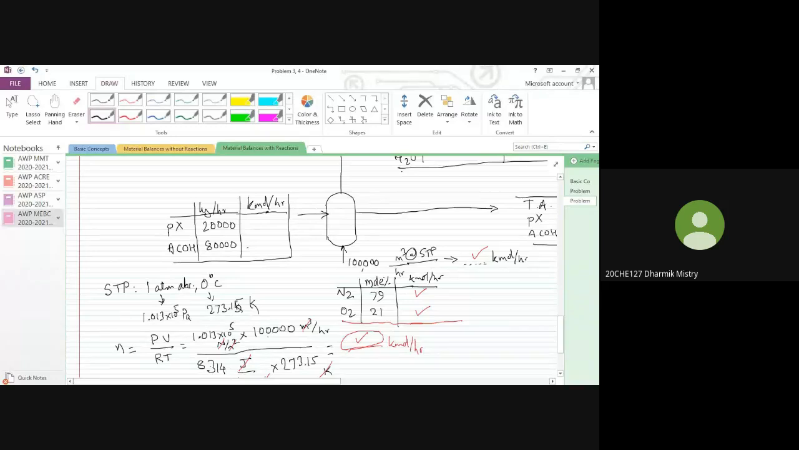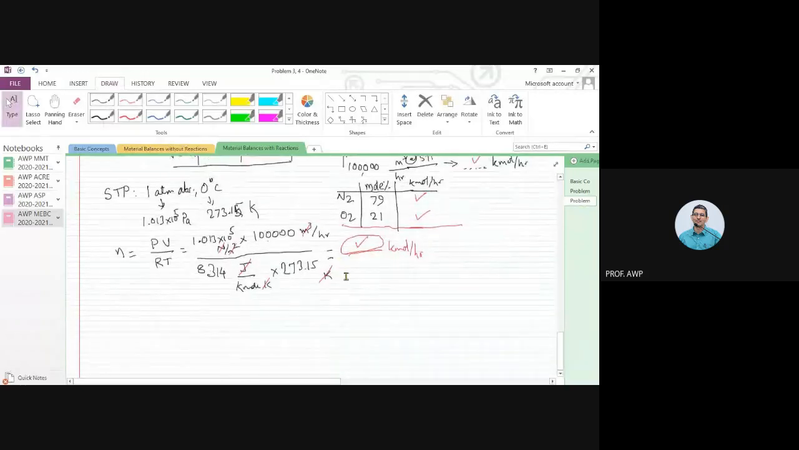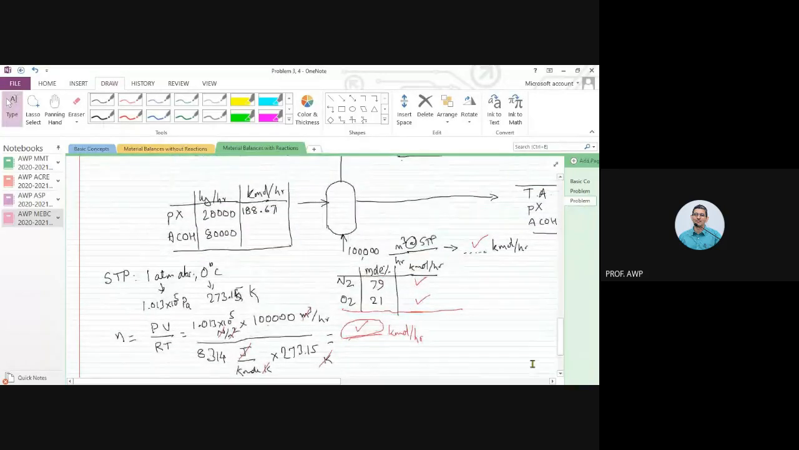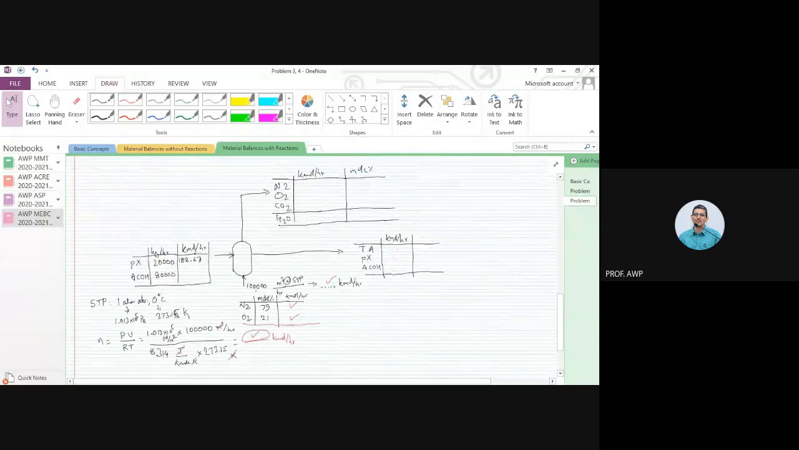188.7 kilomoles. Molecular weight of paraxylene is how much? 106. 106, right? So this is 188.67. So let's just say 67. Okay. Now, if we have to calculate how much paraxylene will remain unreacted coming out of the reactor, how will